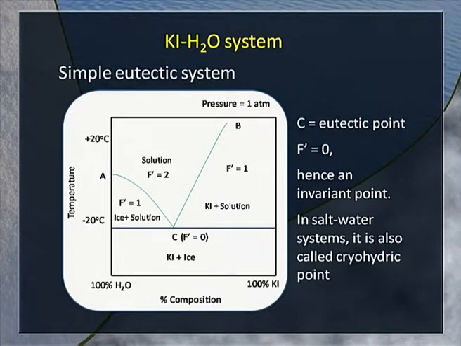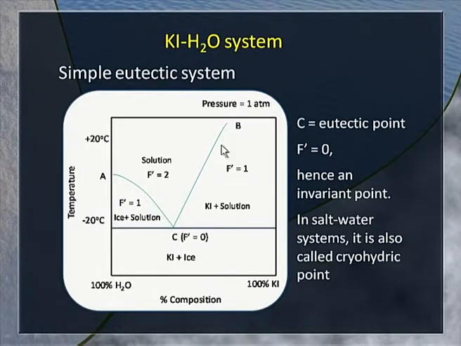It looks like the eutectic systems that you have studied earlier, but the only difference that you recognize, as I told you, is that the phase diagram looks incomplete because the temperature at which the salt melts is substantially higher, where liquid water cannot exist, and therefore we terminate this line abruptly at point B. A is the freezing point of water, that is 0 degrees centigrade, and as you add potassium iodide to it, the freezing point decreases and reaches the point C, and this gives us the solubility curve